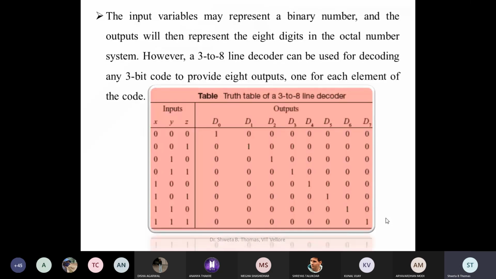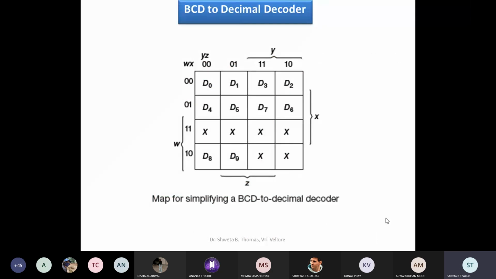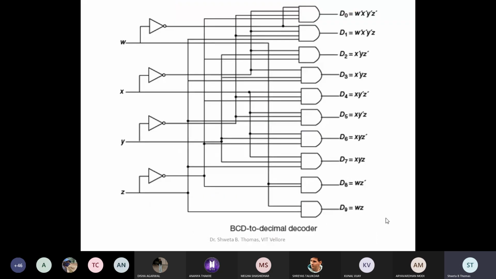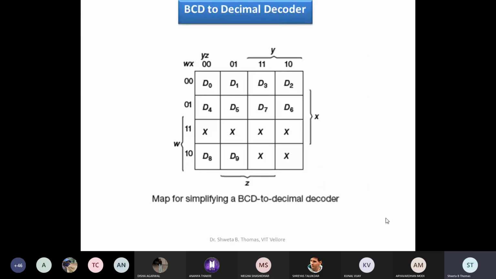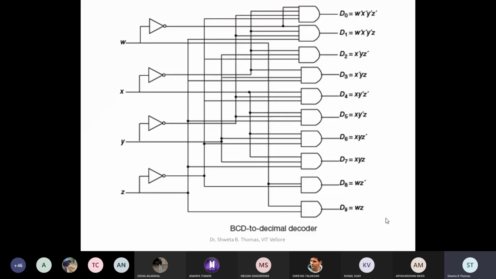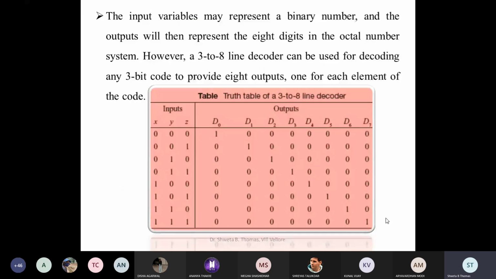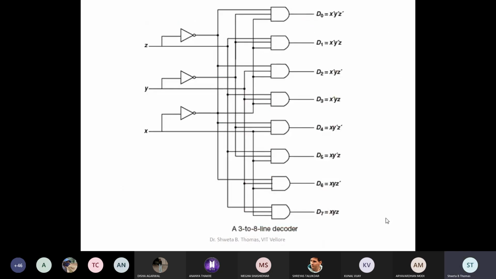Here we are using the AND gate, and this was the truth table. BCD to decimal we have also discussed, and we have discussed this logic diagram also. So this one will be a little lengthy for your lab. This is what you have to do for today's lab, the 3 to 8 line decoder. You need to implement this circuit, and it should be verified with the help of the truth table also.